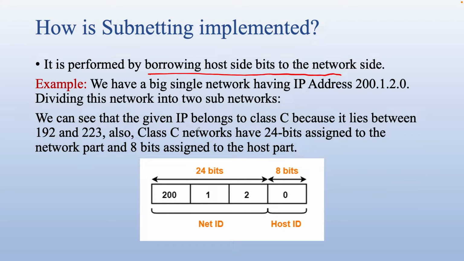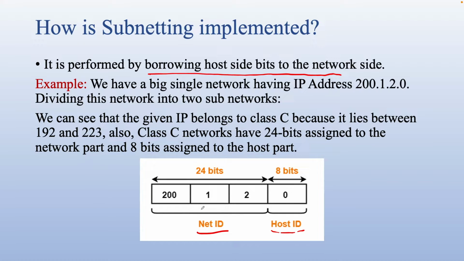Now what do I mean by that? As you know, an IP address is divided into 2 parts. One is known as network ID, as shown below here, and one is known as host ID. So the host part is for the machine for which the IP address is assigned, and the network ID is the part which shows us the network part of the IP address, right?